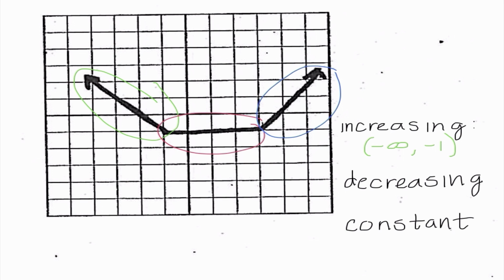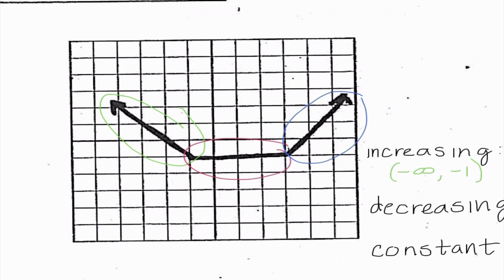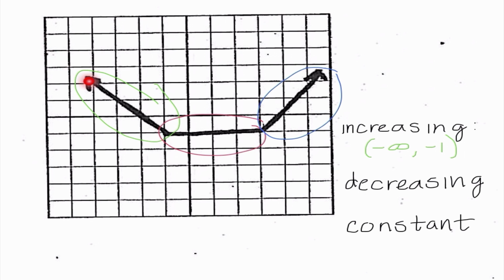So negative infinity, I know it's going forever this way, but from left to right, here we go, from the left to right it is still decreasing. As soon as I hit -1, it is constant until we hit 1, 2, 3. So I'm going to say it is constant from -1 to 3, and then it is increasing from 3 to